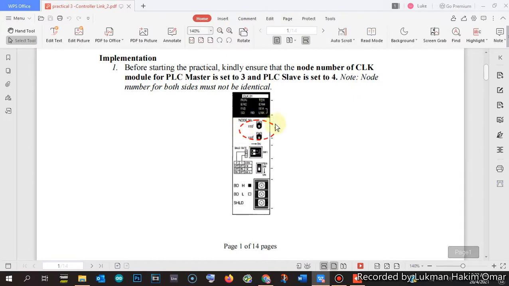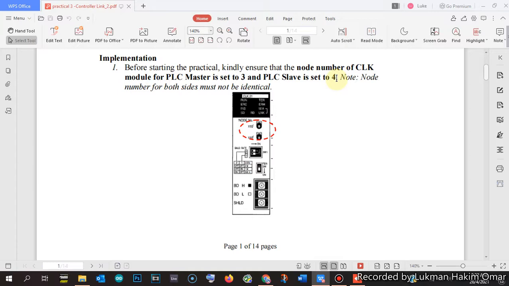The node number of the master PLC is set to 3 and the slave PLC is set to 4. The rule is that the master node number should be lower than the slave node numbers. For example, if you have 3 slaves, the master PLC starts with node 3.